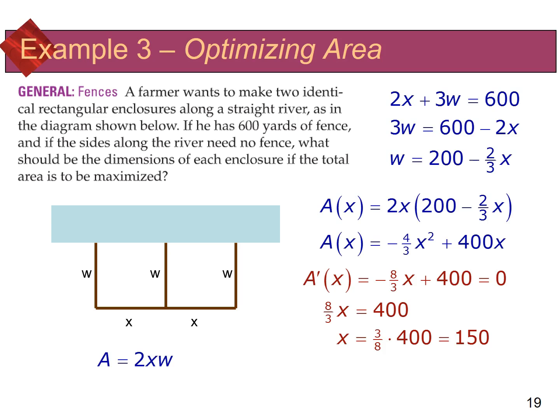And again, X being 300 would take up the entire 600 yards of fencing just for those two parts of X. And W itself, the biggest it could be is 200, taking up all 3 spots for itself. So because of that, it only reaches one value between those, the values of x that you could possibly